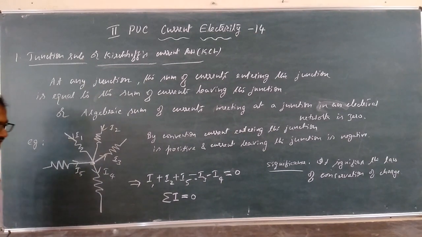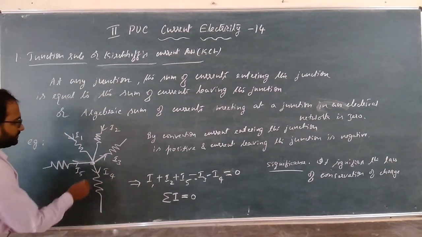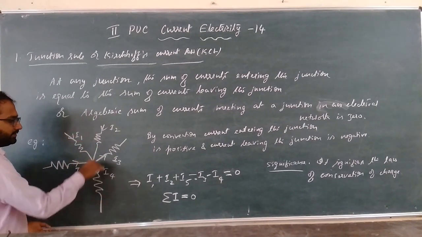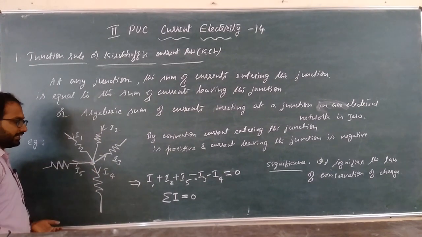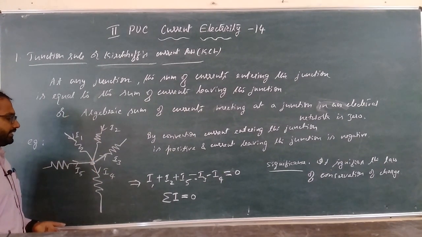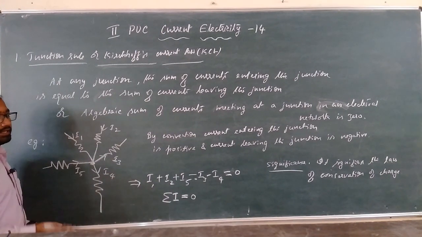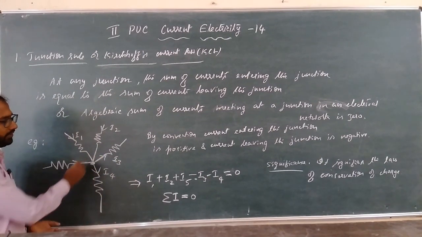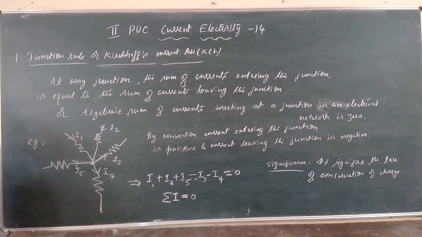Since electric current is nothing but flow of charges or flow of electrons, there is no accumulation of charge at the junction. Okay, whatever currents enter the junction should leave the junction. So there is no accumulation of charges. What is the definition of electric current? It is the amount of charge flow per second. So flow of electrons constitutes an electric current, and since there is no accumulation of charges at any point, Kirchhoff's junction rule signifies the law of conservation of charge.